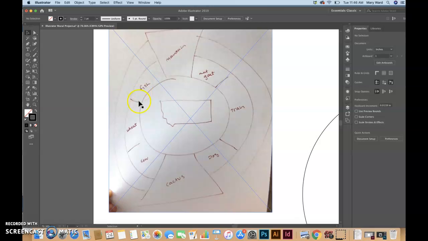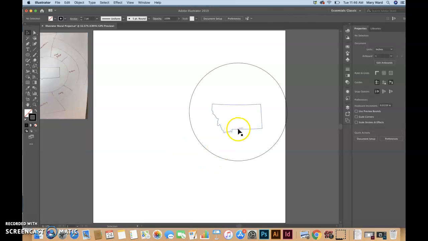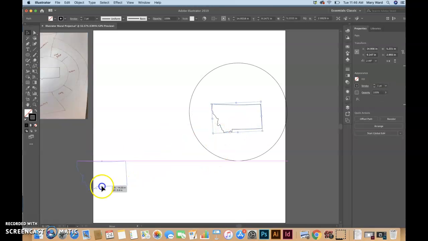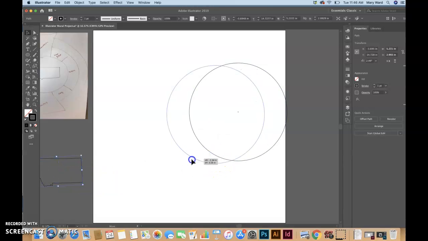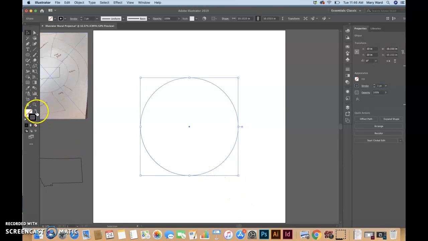And this circle, the second circle, the middle circle, I guess, 1, 2, 3, 4, 5, 6, 7, 8 is divided up into 8 segments. So we're going to have to divide up a circle basically into 8 segments. So I'm going to move this Montana shape off of the canvas for now, just to get it out of the way. I'm going to be working with this circle, and I'm going to take the stroke color here, or